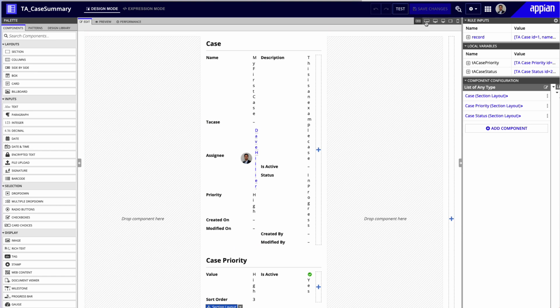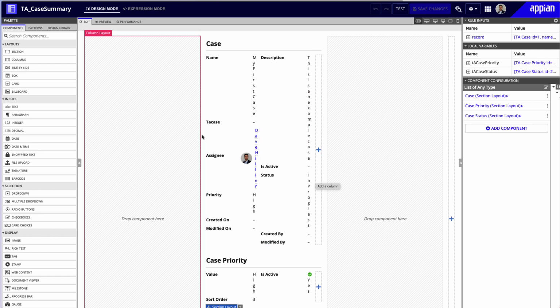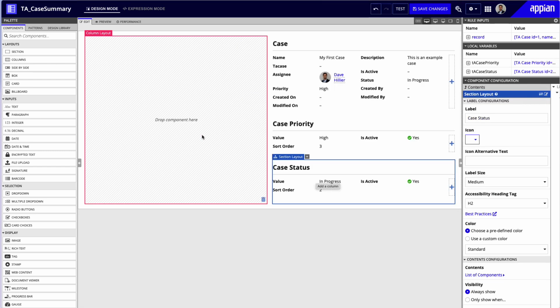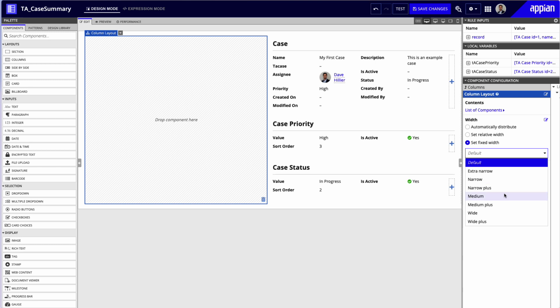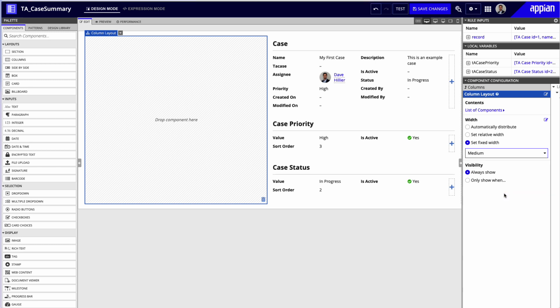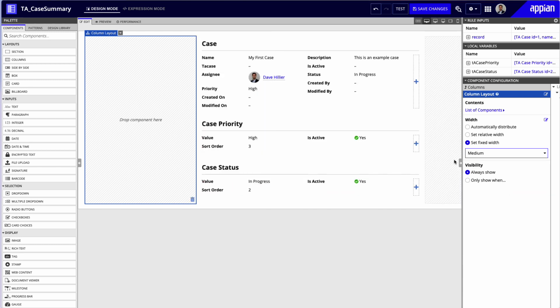So that will look better when we make it wider. So this column doesn't need to be as wide as this. We'll go for a medium width. In fact, I might even get away with narrow plus in this,